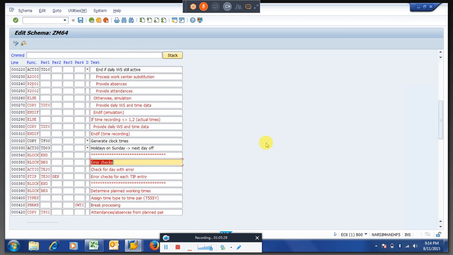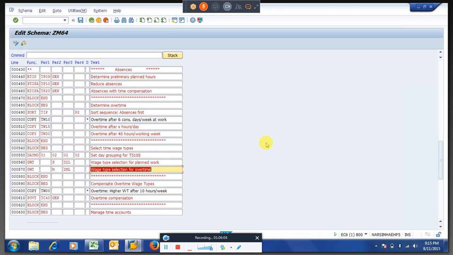We have several functions like this. Each and every function I will show you, especially those which are pulling the data from our infotypes. The function consists of the code which will provide the attendance data, which will provide the absence data, and all this stuff. Within the time evaluation, I will show you what exactly the difference is between positive and negative time management, how the PCR will differ. That is the extended part. As of now, if I explain the topic directly, you are not able to understand that. When the scenario comes, I will explain the topic.